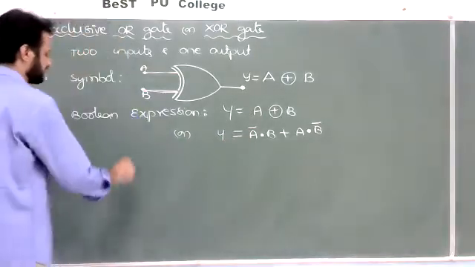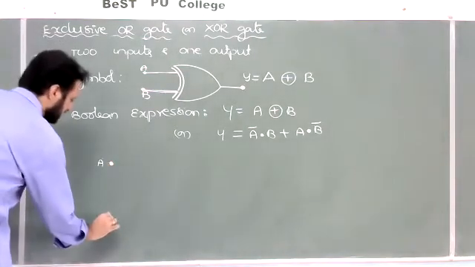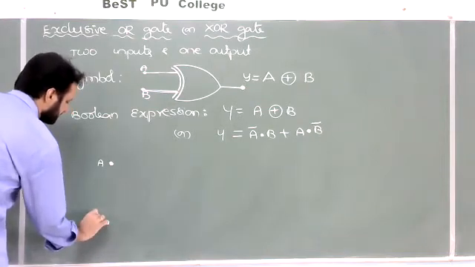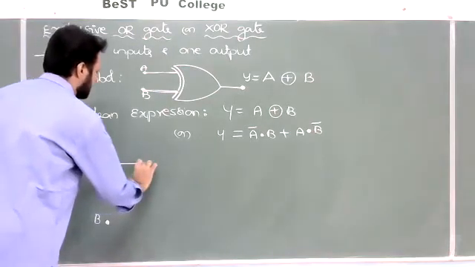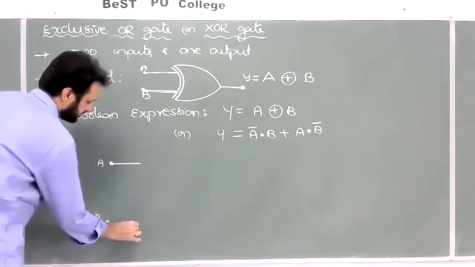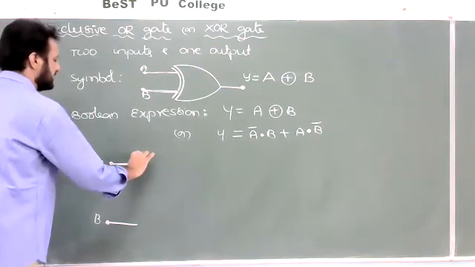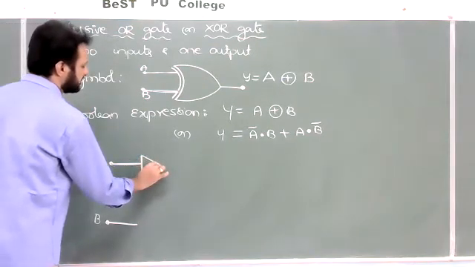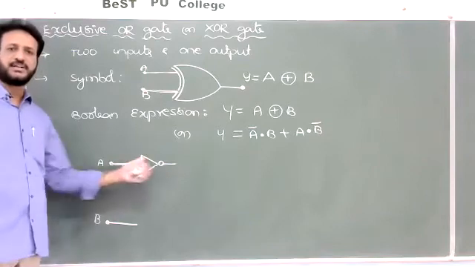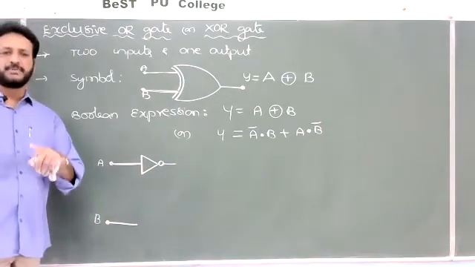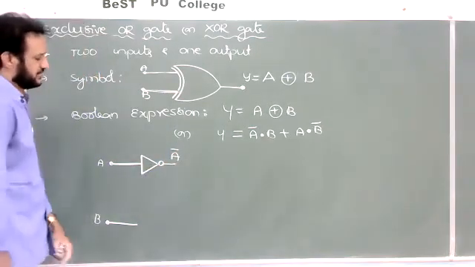So first, I'll write one simple circuit like this. It is A, and here it will be B. A and B I'll write here. Here it is A, and this will be equal to B. Here what I am doing is this will be given to one NOT gate. So check here, whenever A is given to a NOT gate, what will happen? It becomes A complement. So this will be equal to A complement.